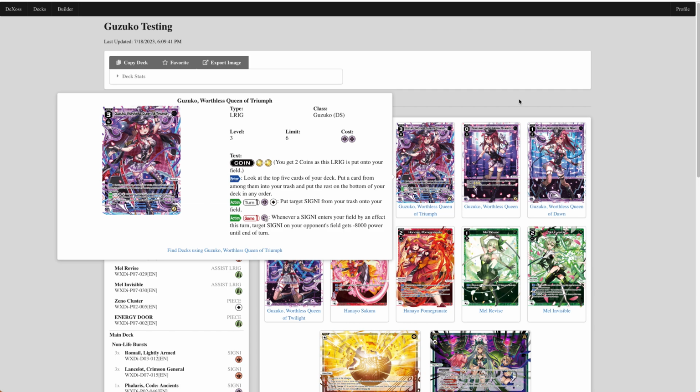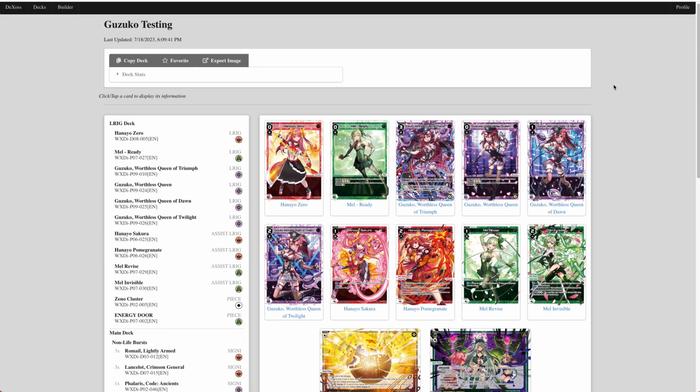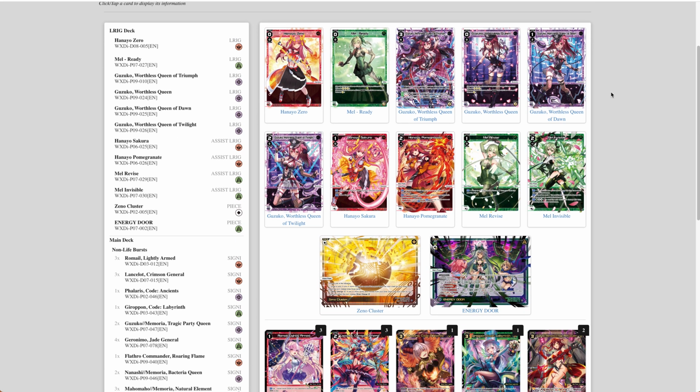As long as an effect is doing it, target Signy on your opponent's field gets negative 8,000 until end of turn. And you can trigger this multiple times, but only once per game can you do this, turning on this ability. Which makes Guzuko an interesting one. So Guzuko can be used as sort of a combo enabler or an aggro deck because of these two. The first one that I want to highlight is actually from one of the selectors called Extreme Bystander. I know he does a lot of stuff with Guzuko